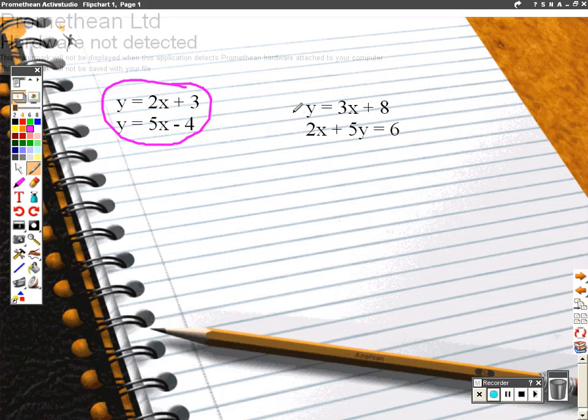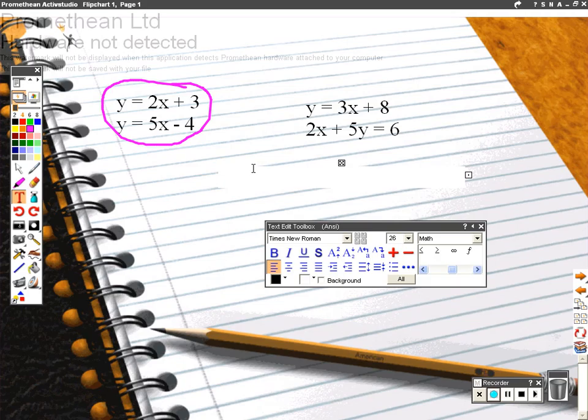Now when I look at this one, I have one equation in y equals form and one in standard form. So substitution makes more sense in this case, because I already know what y is worth. y is worth 3x plus 8. I can use that and substitute it into the second equation. So I'm going to do 2x plus 5 times the quantity 3x plus 8, because I see above that y is also, that's what equals means, 3x plus 8. I'm going to bring my 2x down, and then I'm going to